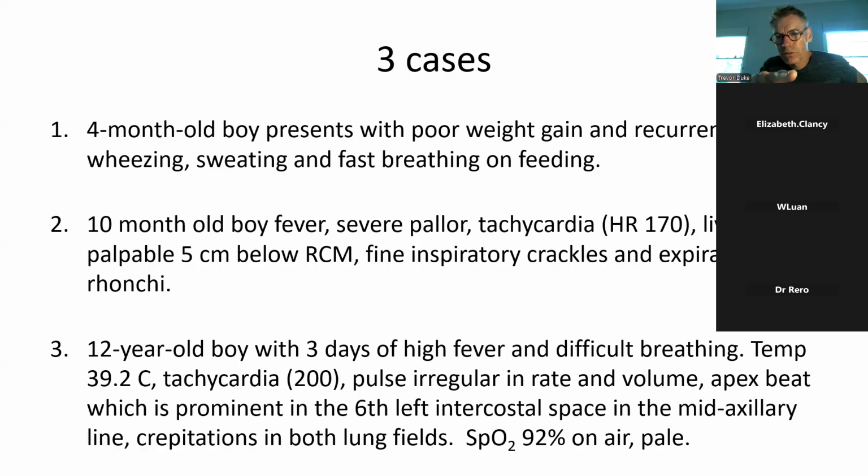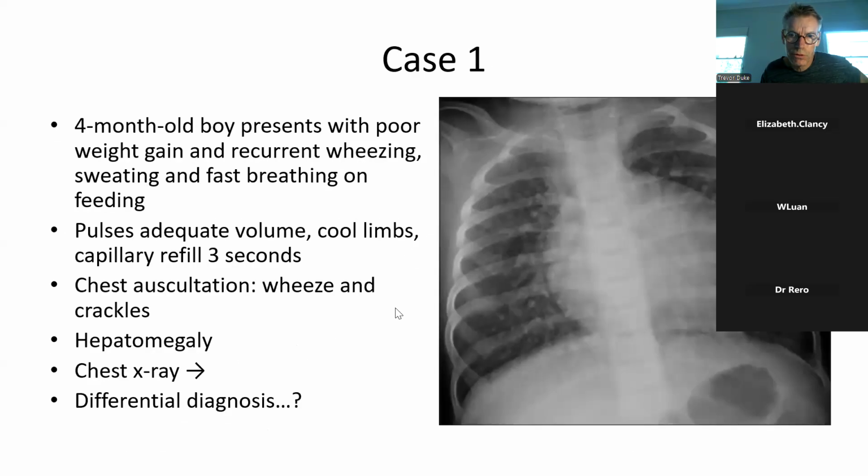Now, many of these children have similar characteristics. They've all got features of heart failure. But they're subtly different. They're different ages. They've got subtly different presentations. So I just wanted to go through each of these because I think they illustrate the commonest forms of heart failure. So this is the first child, the 4-month-old boy who presented with